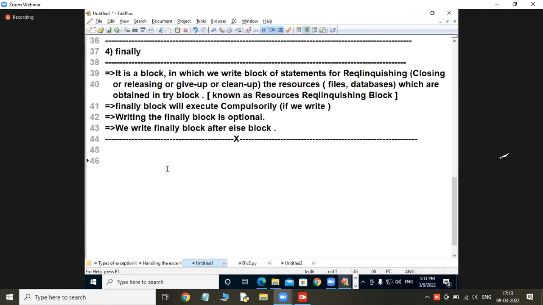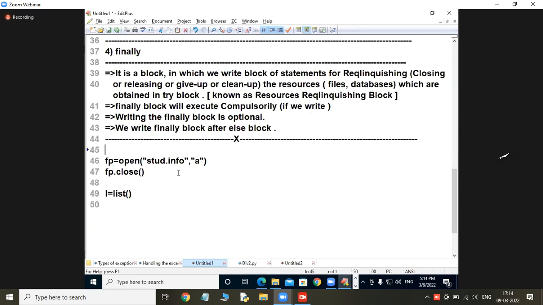My dear student, fp is equal to open of student.info, student.data, comma, I will open in append mode. Append mode. What is fp? L is equal to what? List. What is L? Object. What is fp? Object. So that object will have some memory space or not? When I say fp.close, what is closed? The file is closed. I am going to remove the memory space of fp. That is known as what? Cleanup.